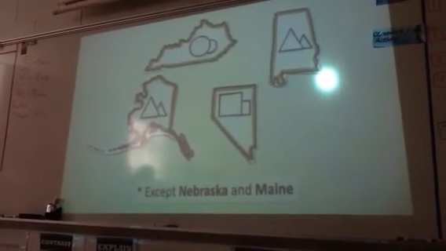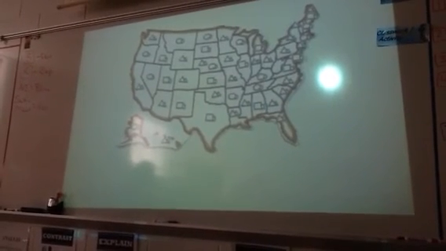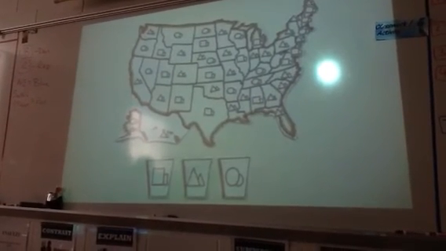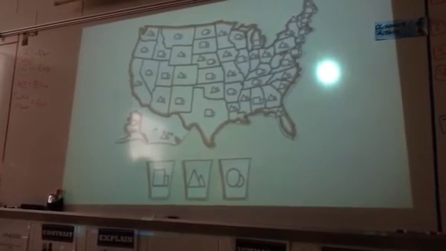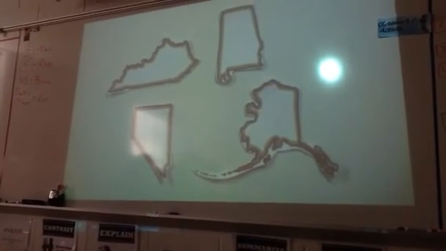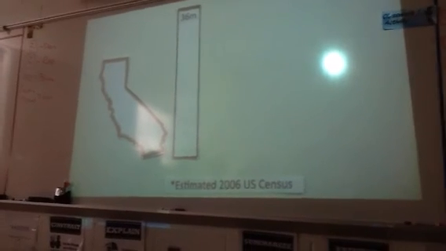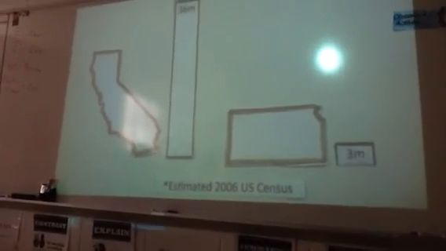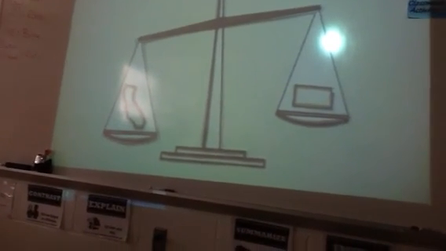We end up with most of the 50 states and the District of Columbia voting to support one candidate each. But there's a problem. We can't elect a president by just counting up the choices of these states. U.S. states are different. Consider this. California has about 36 million people. Kansas has less than 3 million. We need a way for California's choice to have more influence on the election because